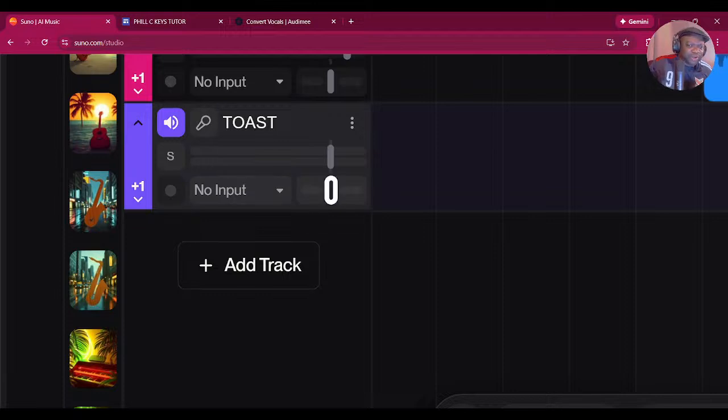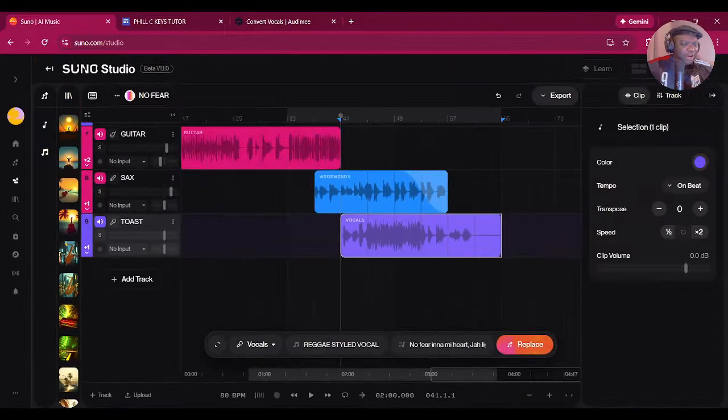But then the real problem that I've found is you cannot hear the output. Like with a regular DAW, you can choose to hear your output as you're recording. And I'm not saying that every DAW is bulletproof. It really depends on your system and a lot of other parameters, the mic and so on. But if you are recording vocals or keys or anything into SUNO directly, yeah, you got to be prepared for the latency. There's some really interesting latency.